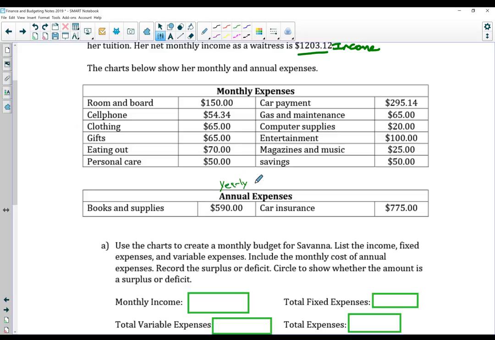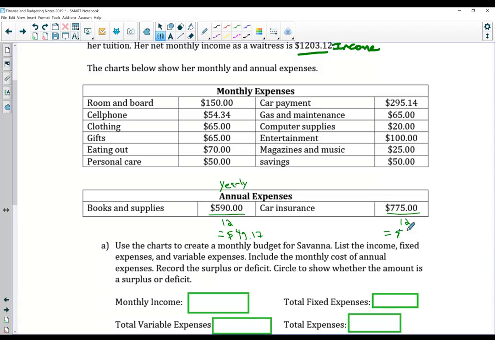It's yearly. And so this books and supplies, if I wanted to get a monthly number for that, I would divide that by 12. And for car insurance, I would also divide that by 12 to get a monthly number because we want actually a monthly number for the budget that we're doing. And so monthly for books and supplies, if you divide 590 by 12, you get 49.17. And for car insurance, if we take 775 and divide it by 12, we get